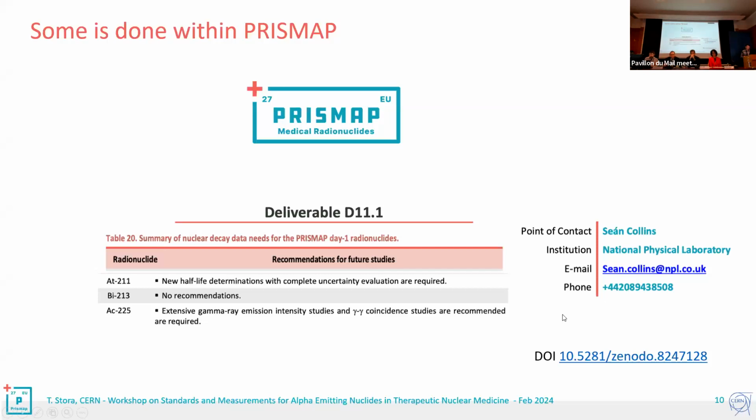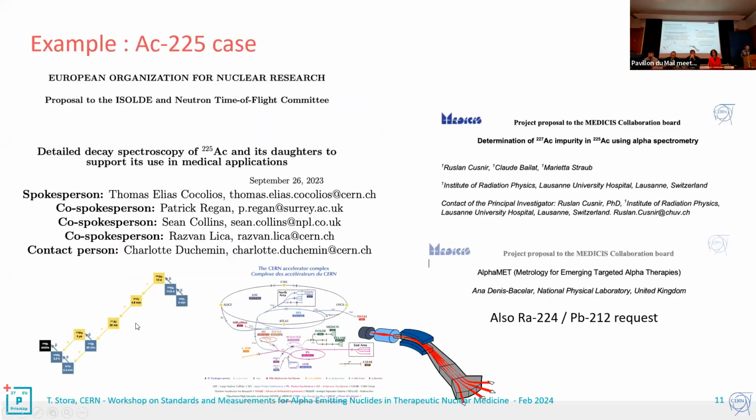You have, for instance, some recommendations that Sean had been looking into, on what we need to do to have a bit more understanding of how these alpha emitters are behaving physically and in measurement. For instance, for actinium-225 itself, this year we will schedule at CERN at the ISOL facility actually a measurement, not with the actinium, but